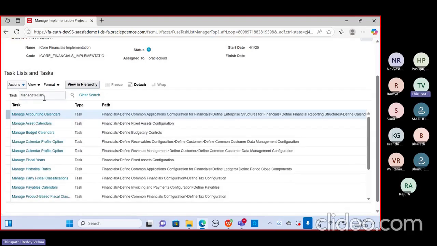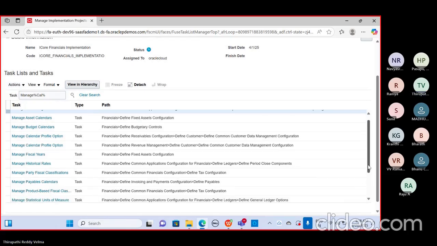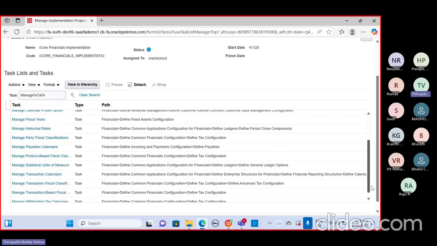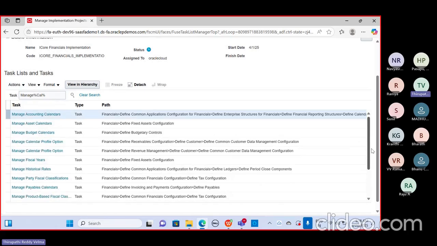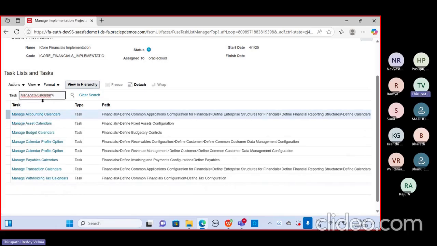Okay, so if you see manage calendar, these are the list of subtasks that are being displayed. So find your task, manage accounting calendar. Maybe you can find it, or else you can add the complete search criteria just to further shortlist the calendar task. So can you see here manage accounting calendar, the very first one,